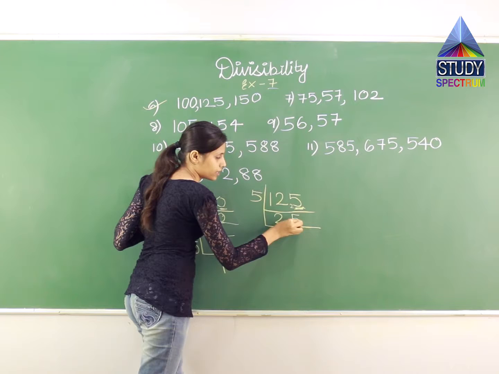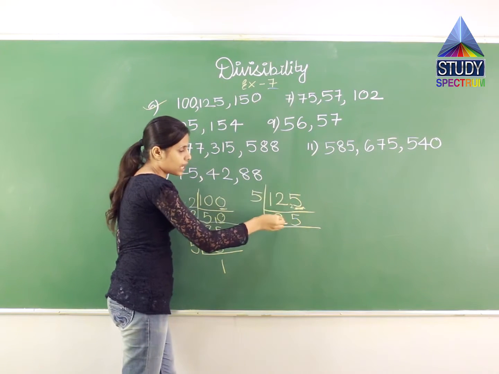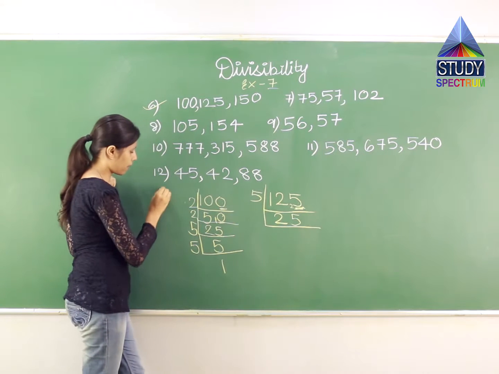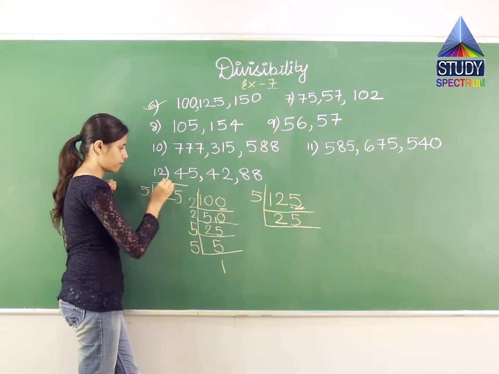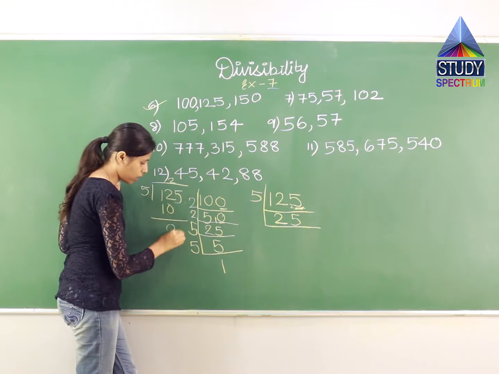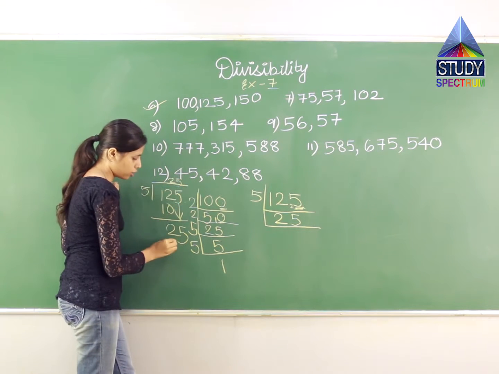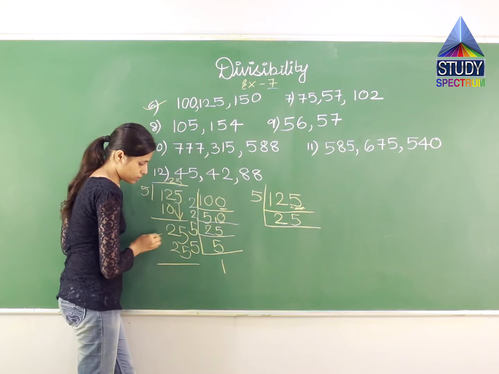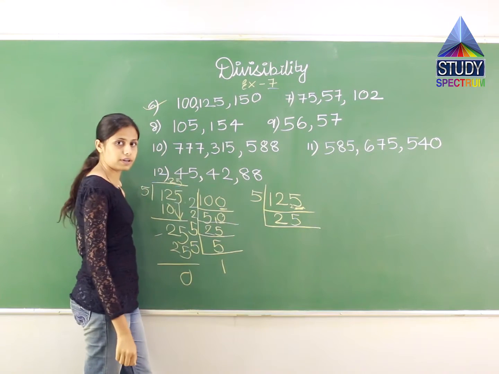So I'll write 5 over here. 5 5s are 25. If you don't know this calculation, you can divide 125 by 5. When you divide 125 by 5, 5 2s are 10. 12 minus 10 gives me 2 and this 5 I'll bring it down, I'll get 25. 5 5s are 25 which gives me 0. So what is the answer? 25. That is what I have written over here, right?